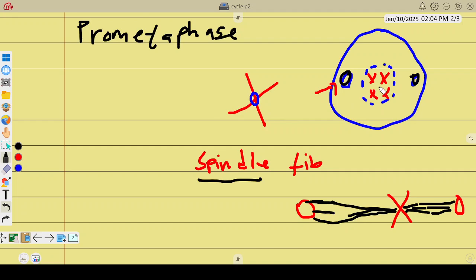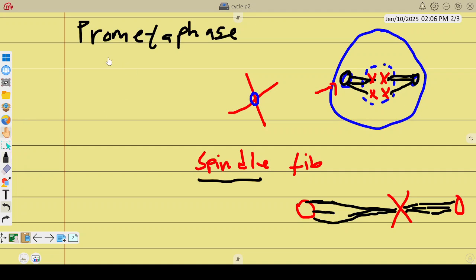When the kinetochores appear on the chromosomes, the spindle fibers will attach to each of the chromosomes. So there will be that attachment. And then from there, we go to the next phase, which is